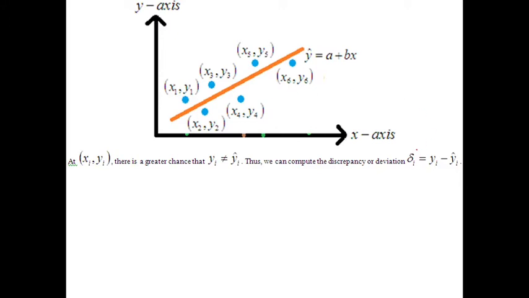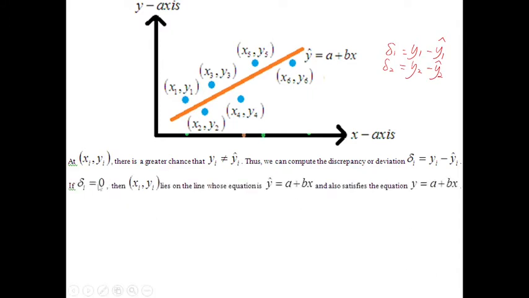So kumbaga ito yung error natin. So, meron tayong delta sub 1, delta sub 2. Delta sub 1 is y sub 1 minus y sub 1 hat. Ito yung actual value, ito yung approximated value ng y. Ganun din dito, y sub 2 minus y sub 2 hat. Actual value minus the approximated value of y. And then,